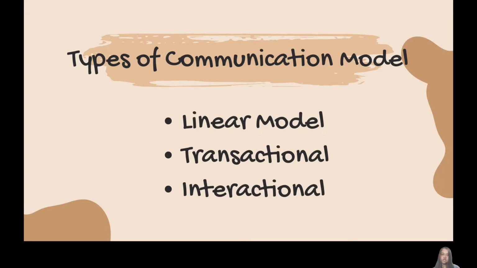Linear model of communication is a one-way communication model in which the message only comes from the sender and is delivered to the receiver, with no interactions or feedback expected. For example, when we watch the newscaster, he only delivers the news and does not expect any feedback from those who are watching. The interactive model of communication is one in which both senders and receivers are known as communicators and